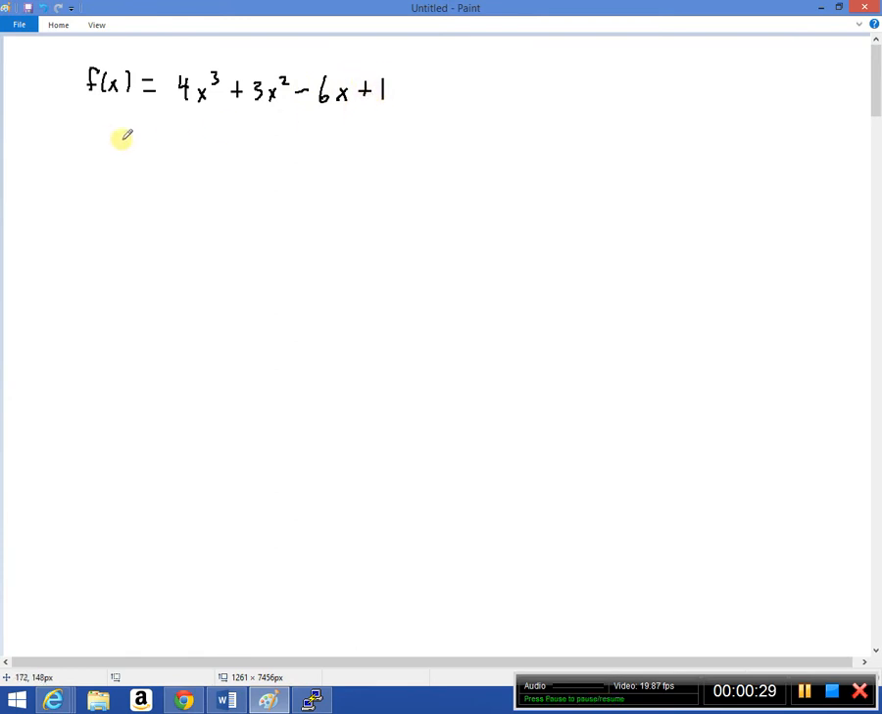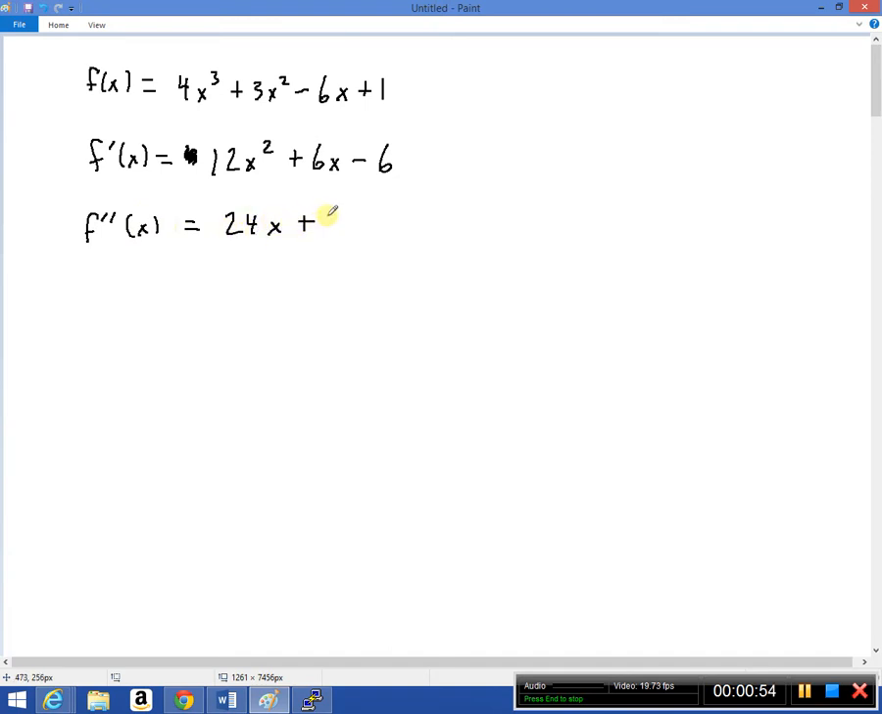Okay, so that information is going to be given to us by the first and the second derivative. So let's just go ahead and calculate both of those. First derivative, of course, is 12x squared plus 6x minus 6. And the second derivative is going to be